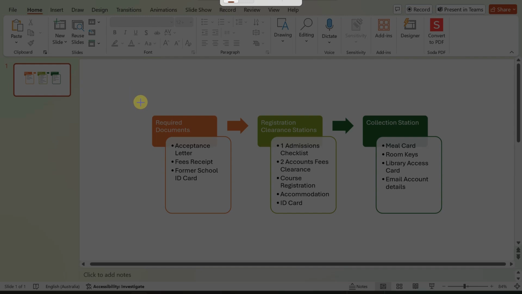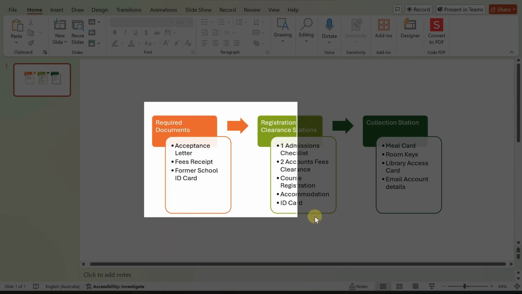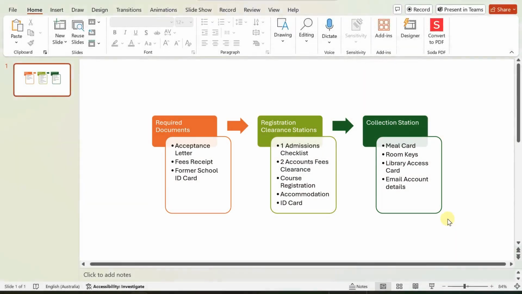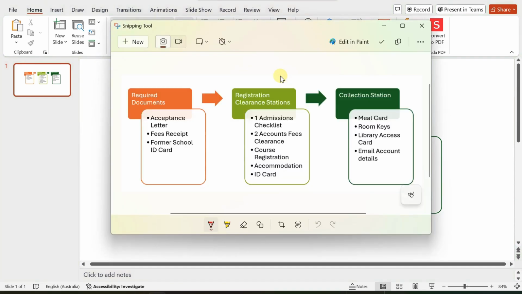So I will go closer to where I want to position my cutting point, and then I will drag it, and I will select the part that I want. Now that I've selected the section that I want to cut, I can release the mouse, and then you will see that